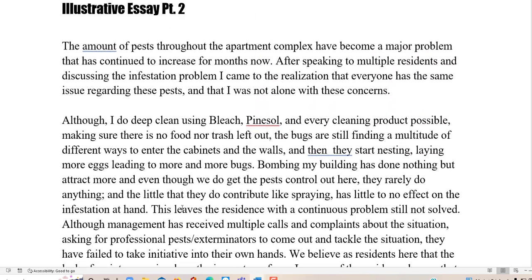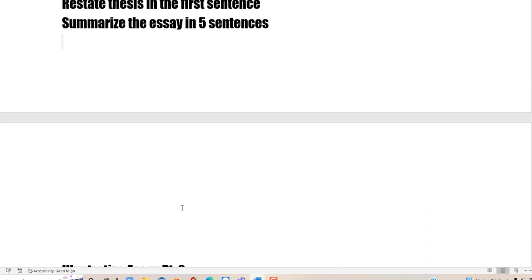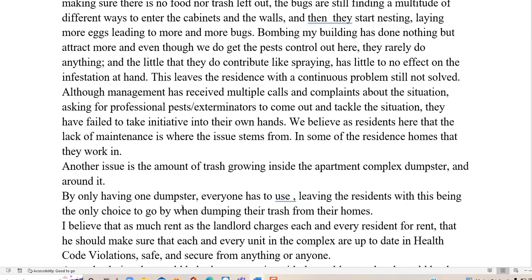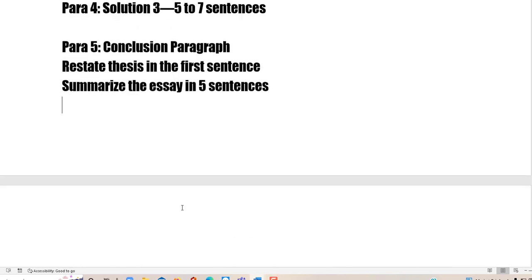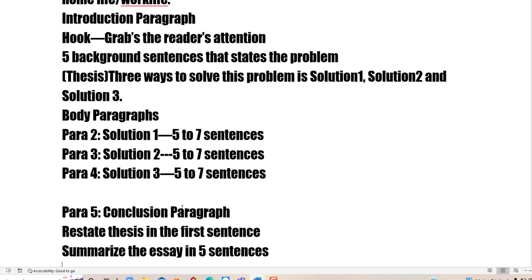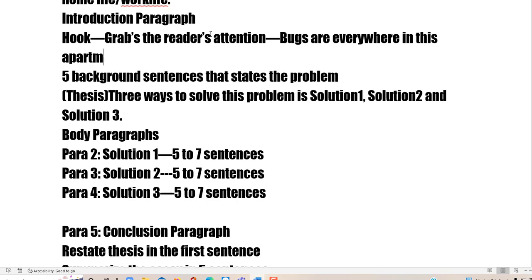So here she needs to write all of this, the problem, in 5 sentences. And so here let's go back to the hook. Bugs are everywhere in this apartment complex. Residents